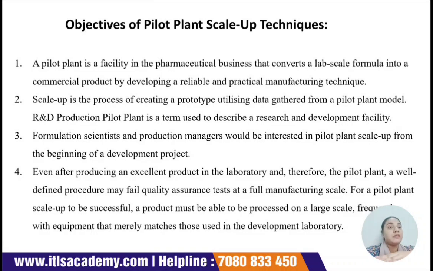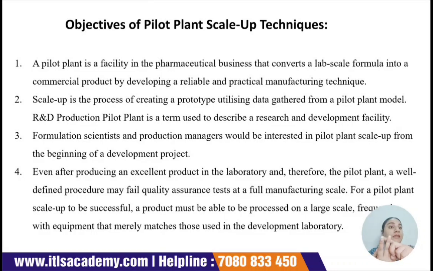Okay, so if we talk about the basic objective of the pilot plant, the basic objective of pilot plant scale up technique is, primarily, the physical as well as the chemical stability of the product. Means, what is the physical and what is the chemical stability of the product? This is the main objective of